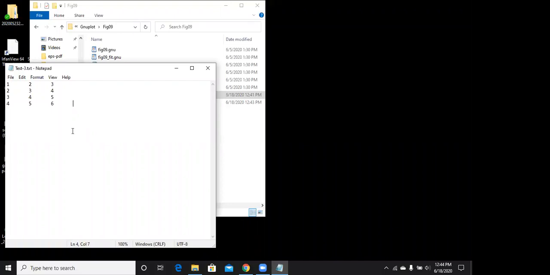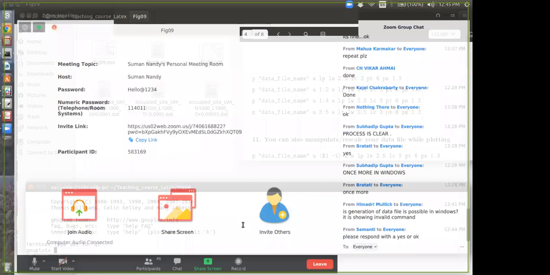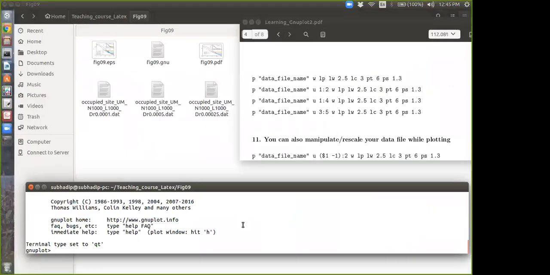I am now going to plot this. Okay. Please do with me. I am sharing my screen. So I am in the same folder. You know how to go to the same folder. Just left corner file, then select the path and click on any file. It may give an error, but it will eventually be at the same folder where your data file is.